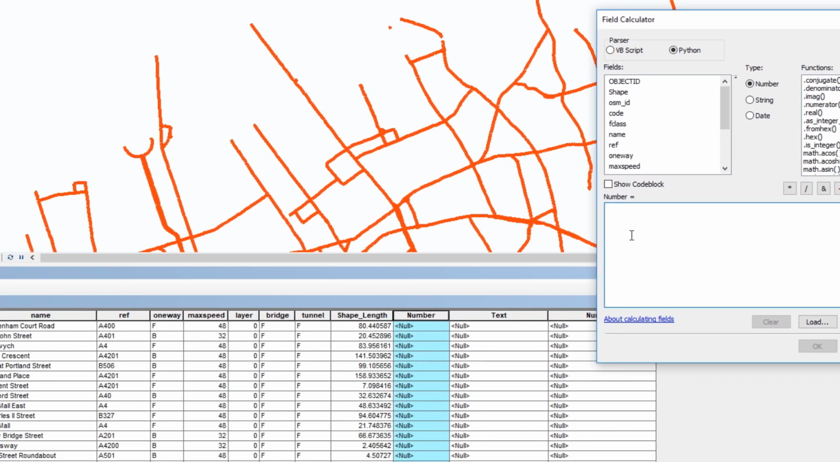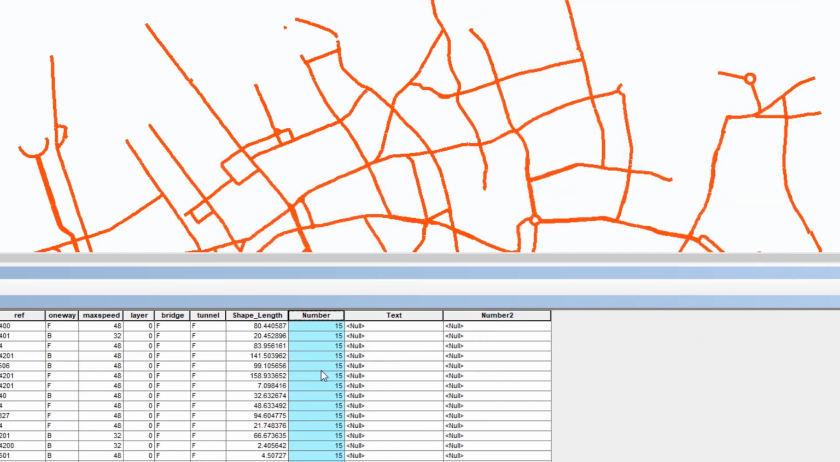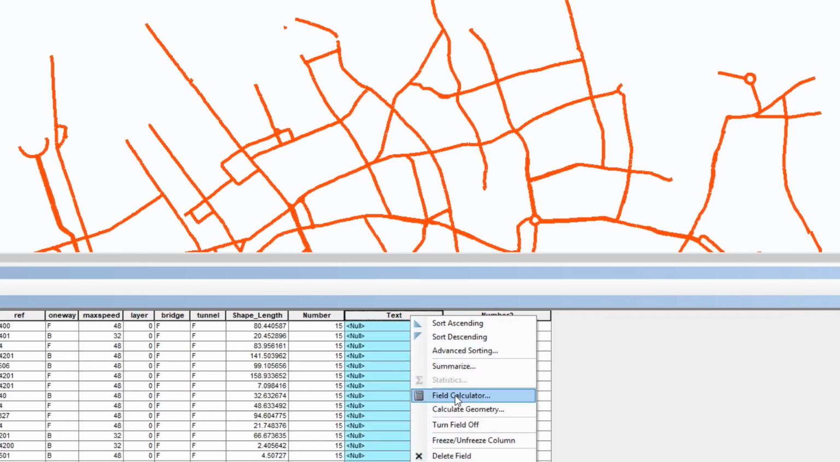For a quick test, I'm just going to fill all these records with one number. So with just 15, I'm filling all with 15. Okay, and we are done. Next,